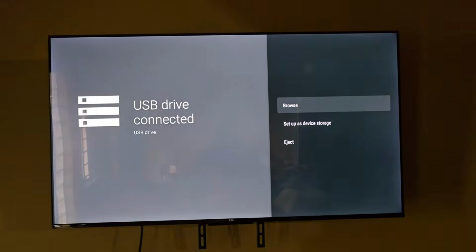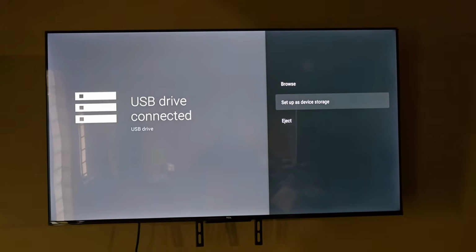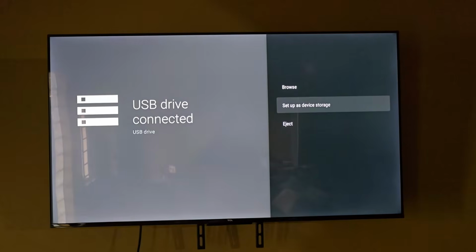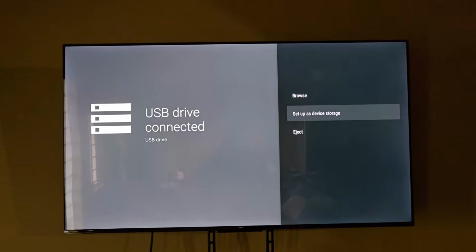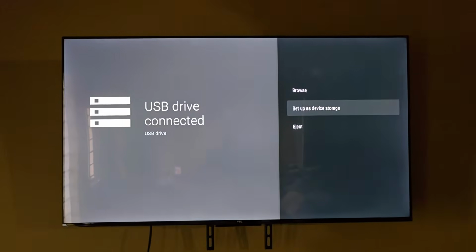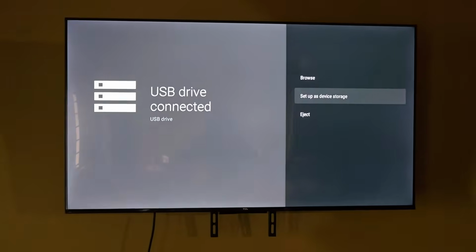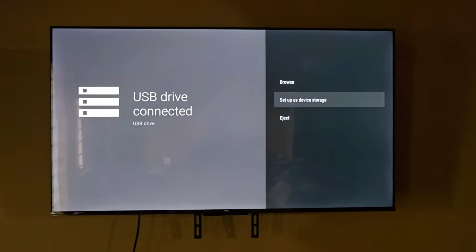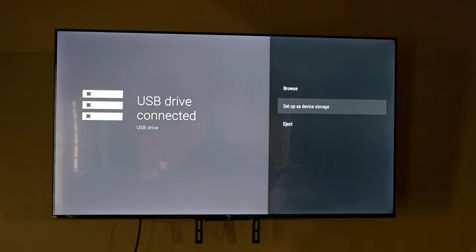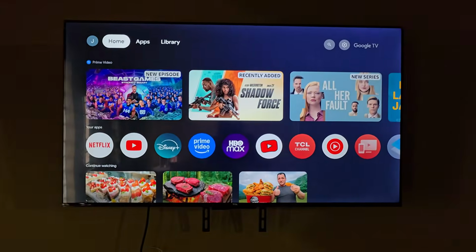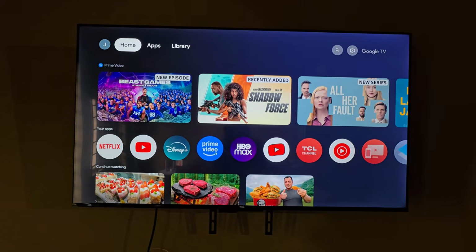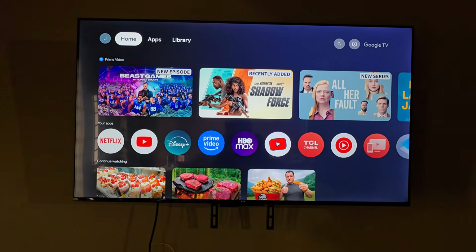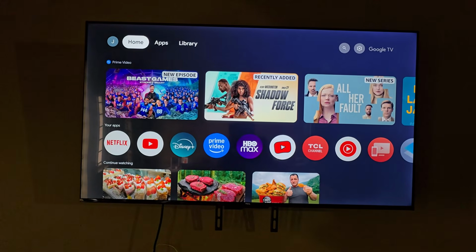then you're going to use the option ignore browse, and you're going to set up device storage or format device storage or recover or fix, whatever it might say. You're going to use that option. It's going to format it to a format for TCL Google TVs, and once it completes, it's only going to work on these TVs. Then you're going to remove it, take it back to the phone, format it to the phone's format, and then finally guys,